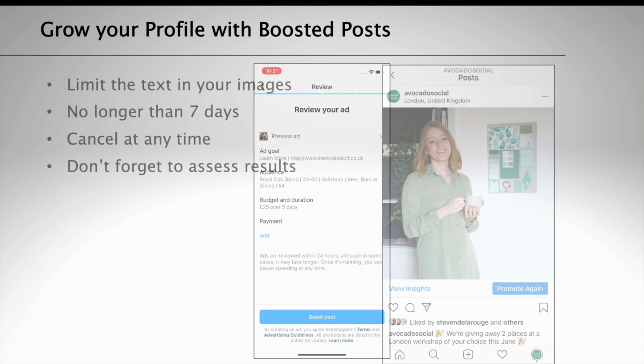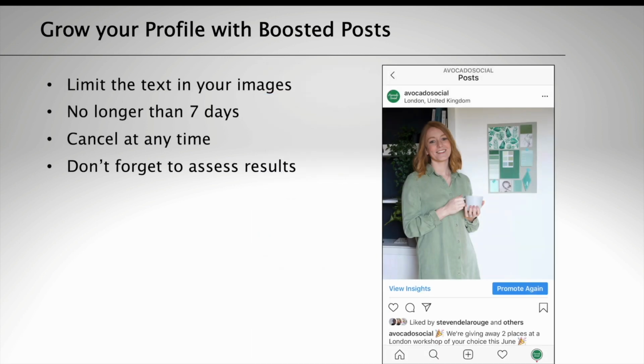There are a number of best practices to follow when it comes to using boosted posts on Instagram. First, limit the text in your images if you know you're going to boost a post. Pictures of people do really well. Don't boost your post for more than a week, otherwise your ad becomes a little bit old and people get tired of seeing it. You can cancel your promotion at any time,